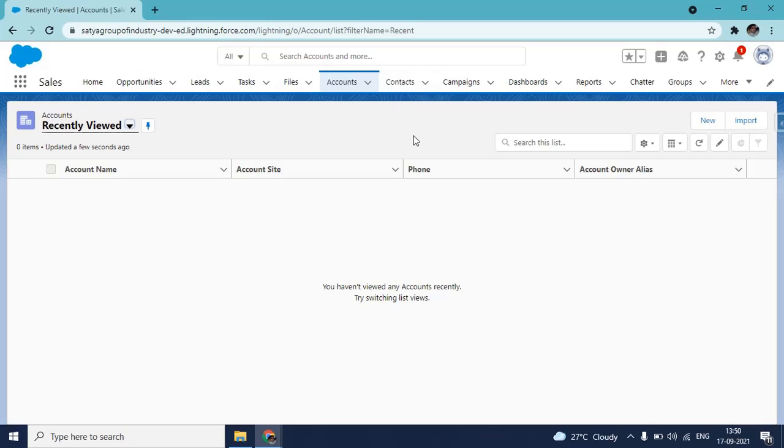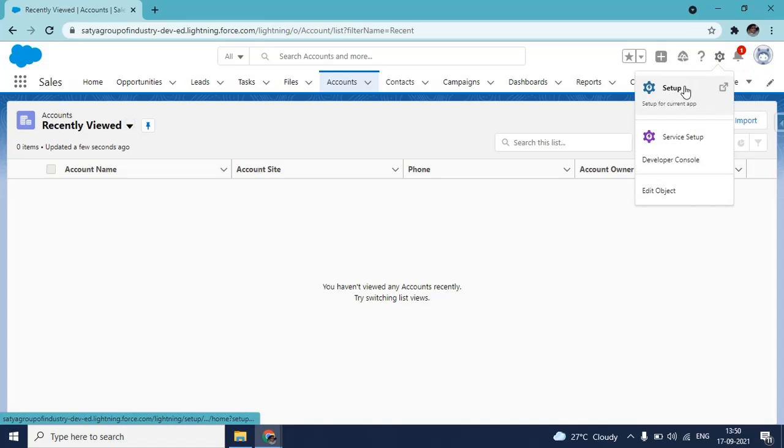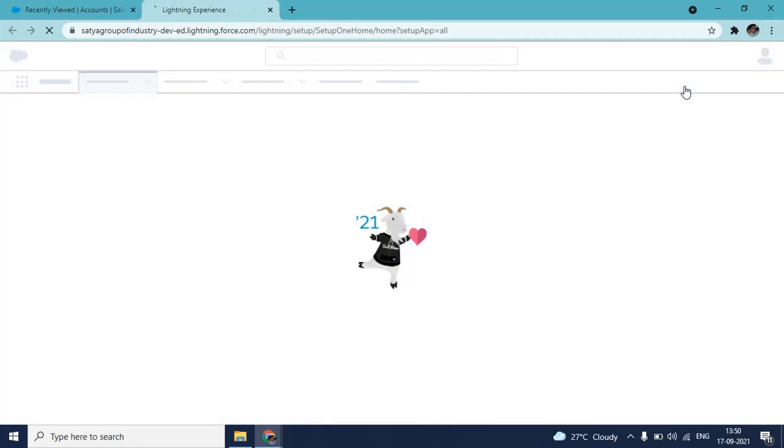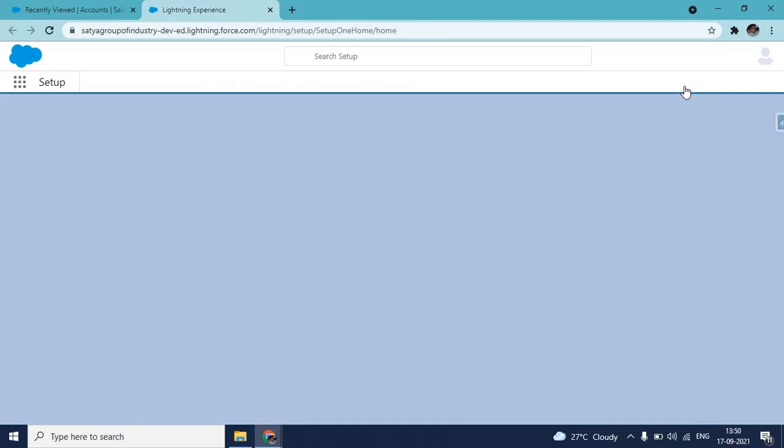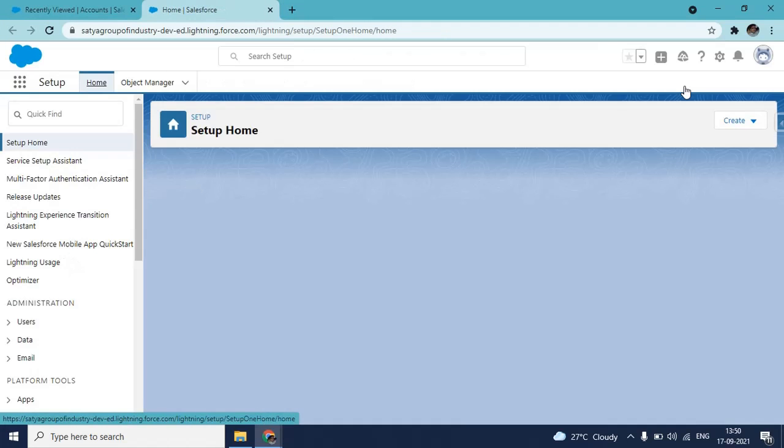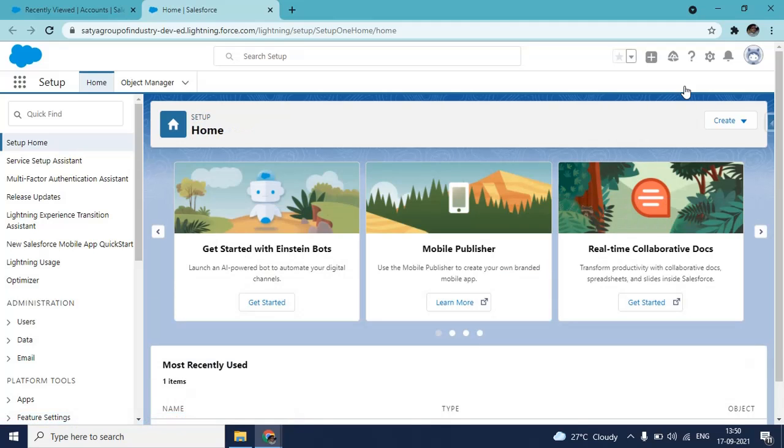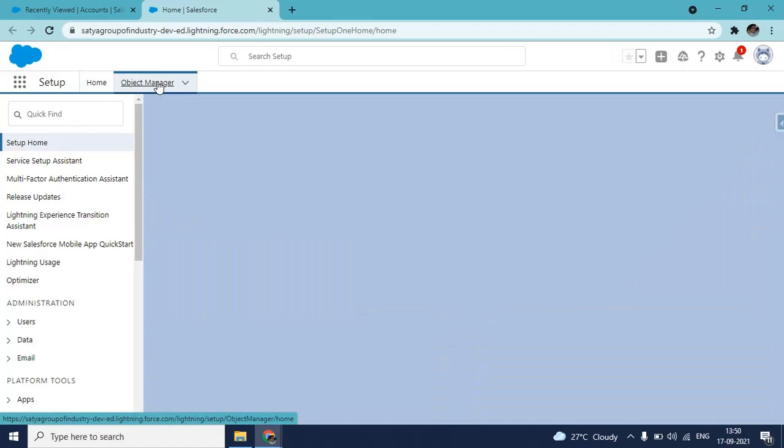For creating a custom field or custom object, you need to go to that gear icon and click on it. After clicking, you need to click on setup. After clicking on setup, you need to find object manager. You can find it here, or you can directly click on it.